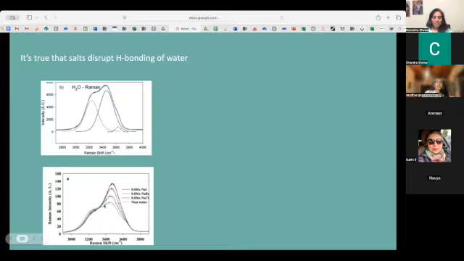You see how the higher energy peak is actually becoming more intense. This is a spectroscopic signature that the hydrogen bonding is getting weaker, just based on what sort of stretches are happening here. So what he said is true, but